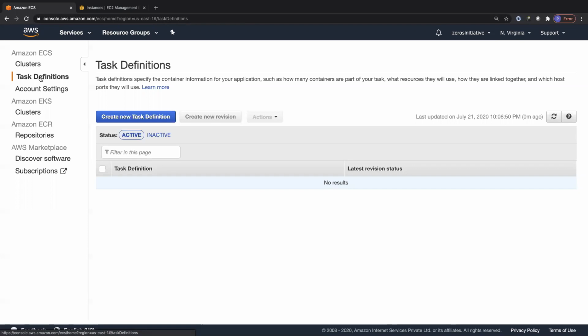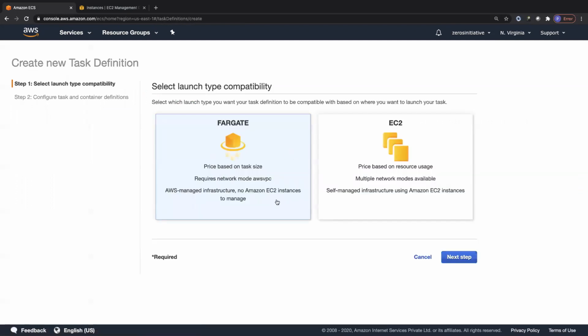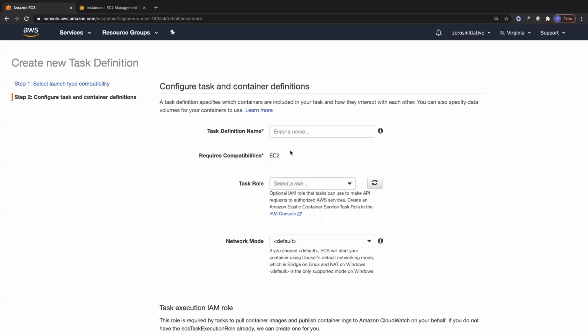Okay. So let's go ahead and create a new task definition. And again, over here, it's going to ask us whether we are going to go with the Fargate capability or the EC2 capability. For us to launch with Fargate capability, we need to have a cluster that supports Fargate capability. But since we chose a cluster that supports EC2 capability, let's go with EC2 capability for our task definition. Let's give the task definition a name. So we are going to give it the name